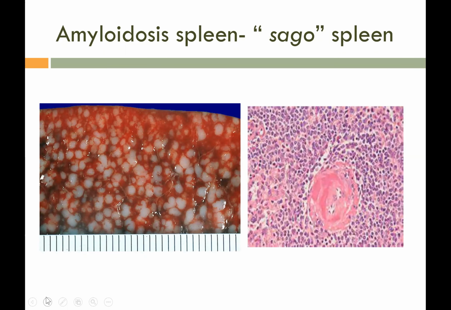This is a section of the spleen. It may be inapparent grossly or may cause moderate to marked splenomegaly, as the spleen is expected to be enlarged to around 800 grams. The deposition is largely limited to the splenic follicles. It produces tapioca-like granules, as you can see on the left-hand side, and in our language, that is what we call sago spleen on gross inspection. In another pattern, the amyloid will involve the walls of the splenic sinuses and the connective tissue framework.